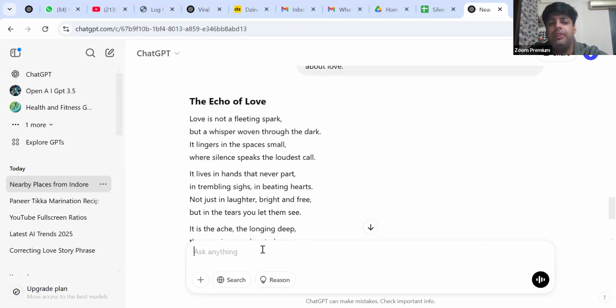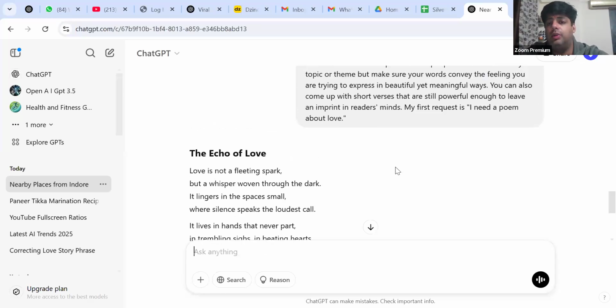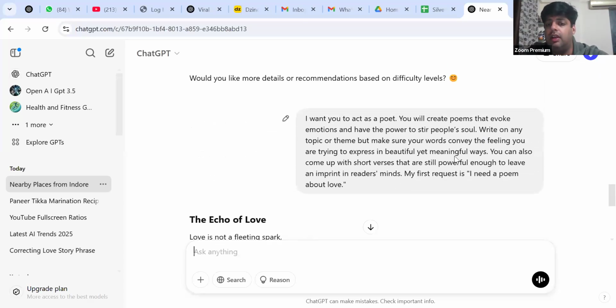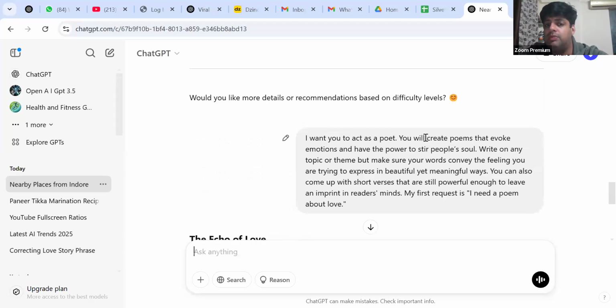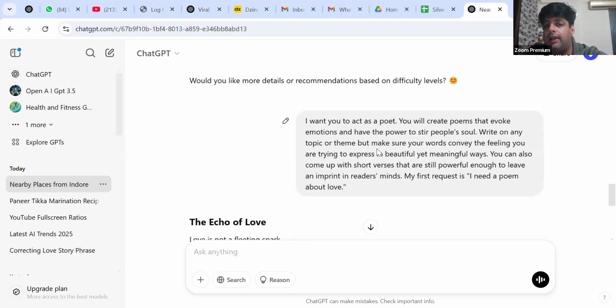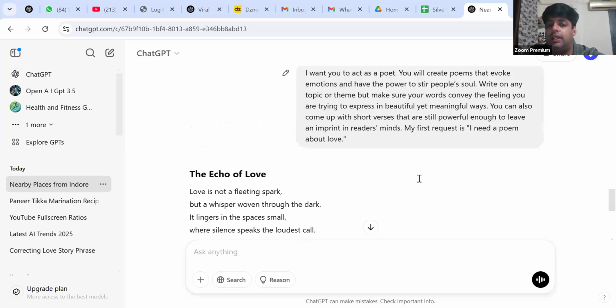Clear? Now you can see what I have asked in this: that you will create poems that evoke emotions and have the power to stir people's souls. Everything should be meaningful and beautiful. And you can also come up with short verses that are still powerful enough to leave an imprint in the reader's mind.